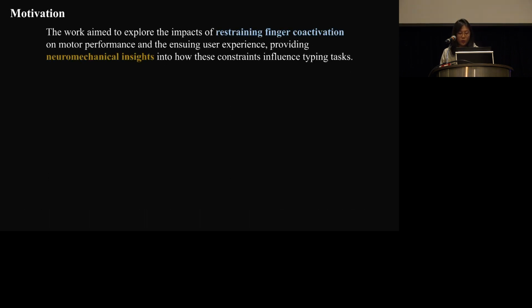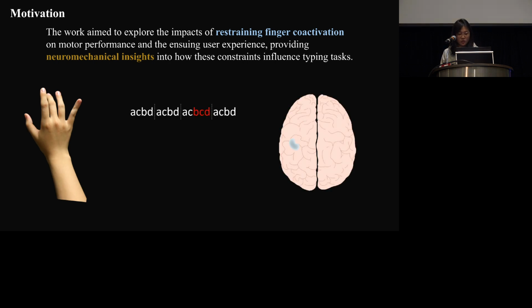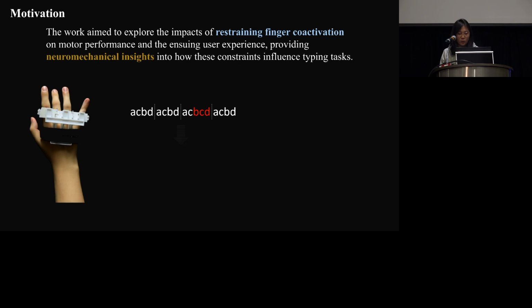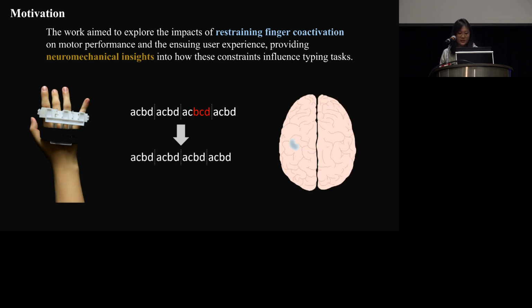In this work, we devised an intervention method, restraining finger coactivation, during mid-air tapping tasks. We aimed to explore the impacts of this intervention on motor performance and the ensuing user experience from a neuromechanical